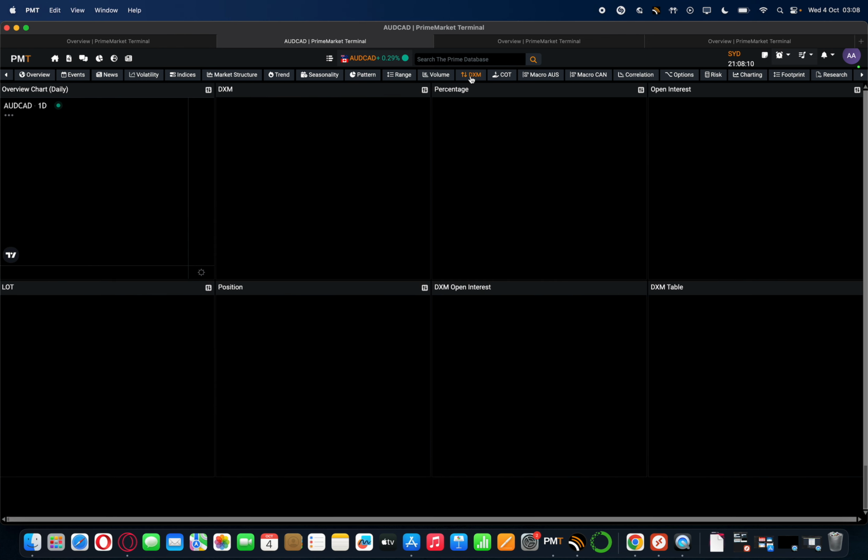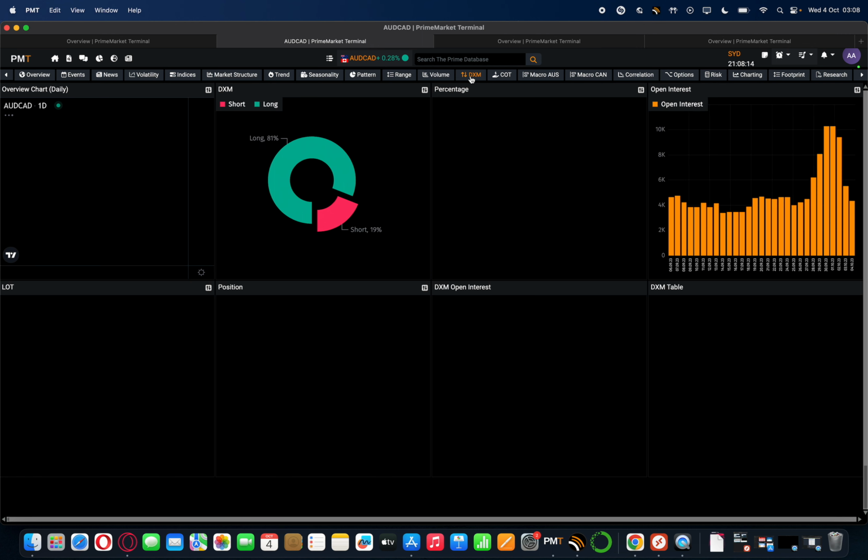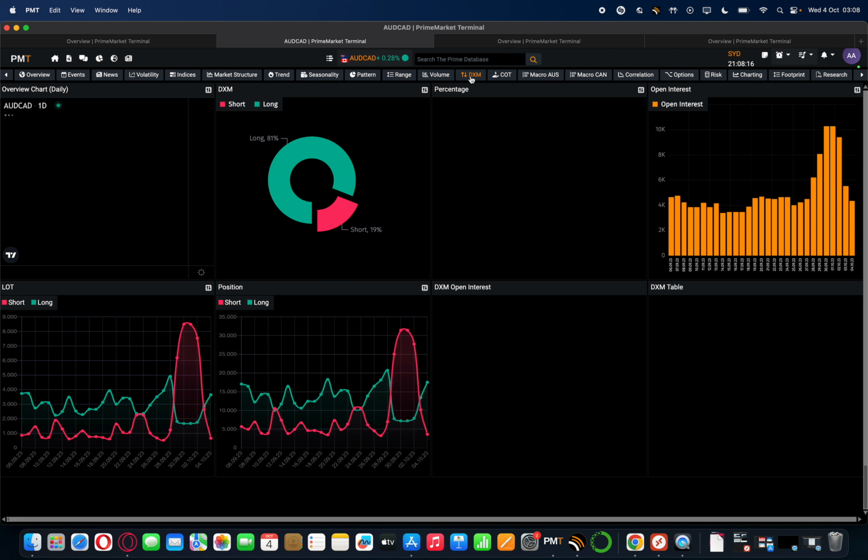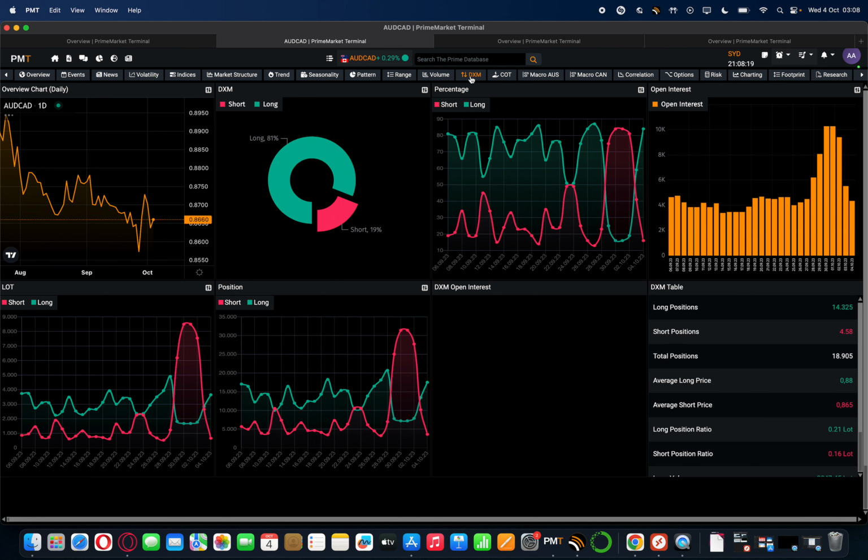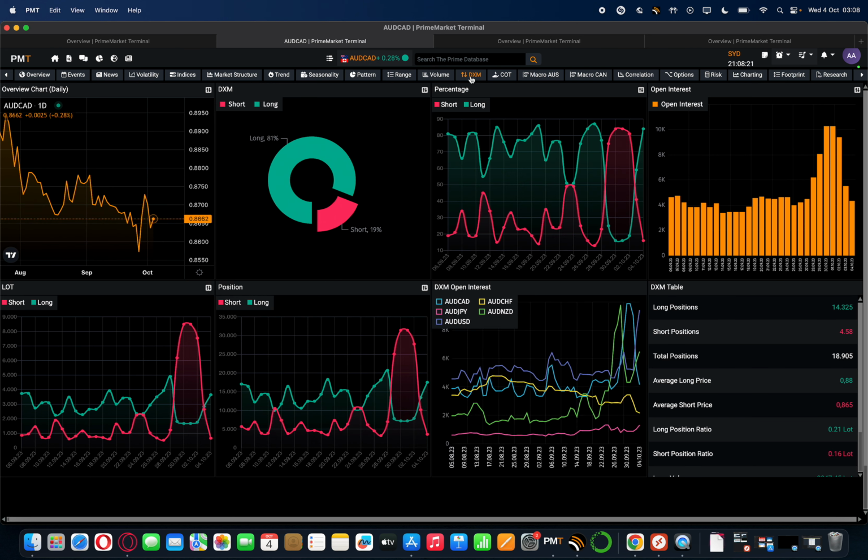Now the next one, which is very important, is your DXM, which I call the dump money index. The dump money index is actually showing you what the retail traders are doing, and most times retail traders are always doing the opposite of what the smart money traders are doing. All right, so you can see retail traders are longing AUD USD mostly. Most of them are long